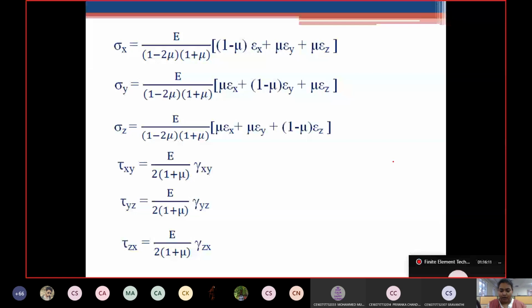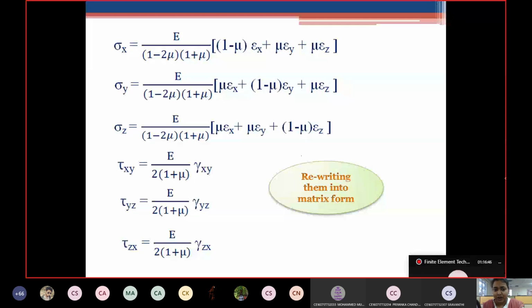Very good. Now, this is the equation form. But as I said, in our FEM we are trying to consider the matrix form. So what we'll do is rewrite all the 6 in a matrix form. So what would be the order of the matrix we'll get? 6 equations. So what is the order of the equation we'll get?